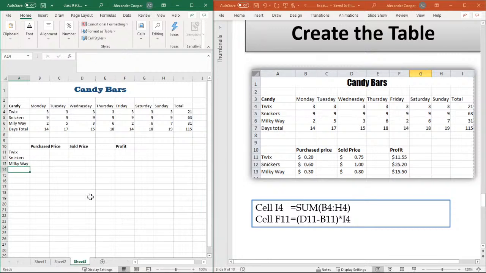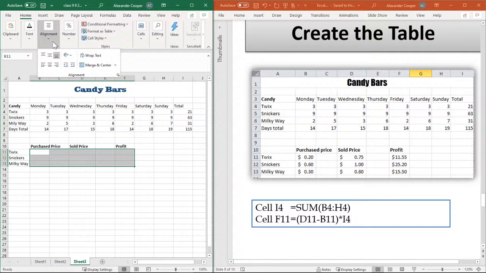Alright, so we do know our purchase price and we do know our sold price, but we don't know our profit. So I'm going to go ahead and left click. Now I could do it individually, okay, but I basically want this whole area to be dollars, okay. So what I'm going to do is I'm going to left click hold by grabbing the middle and select the whole area, and then go up here and click on the dollar sign. And now that means that they are all